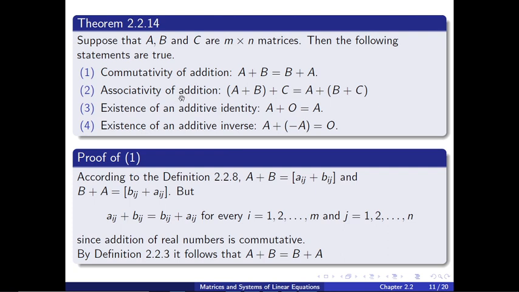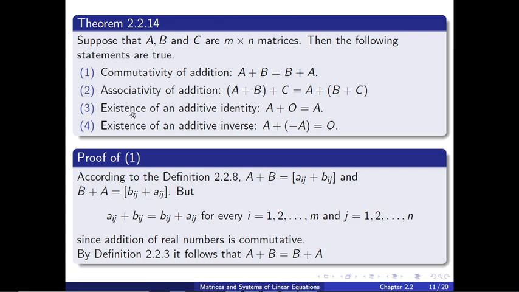and then associativity, matrices are associative under addition. So (A plus B) plus C is equal to A plus (B plus C). So it doesn't matter which order you add matrices, that's what it's really saying. You're going to get the same